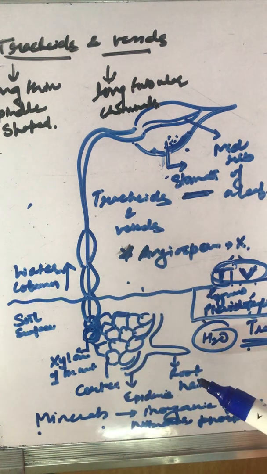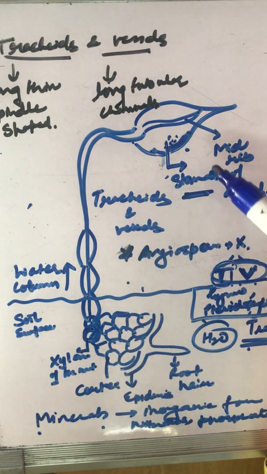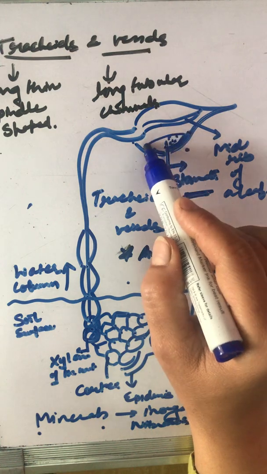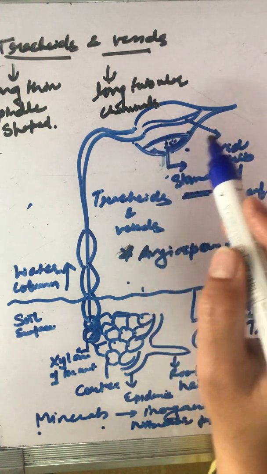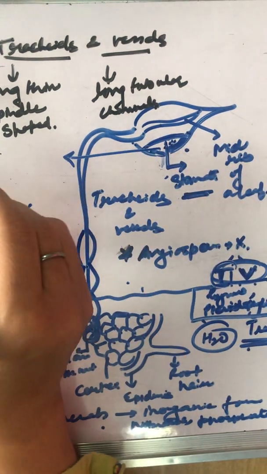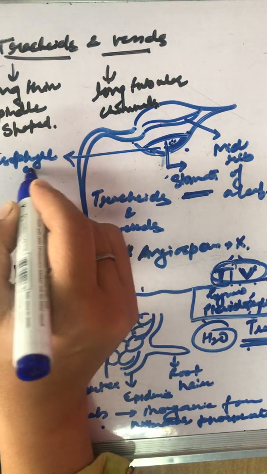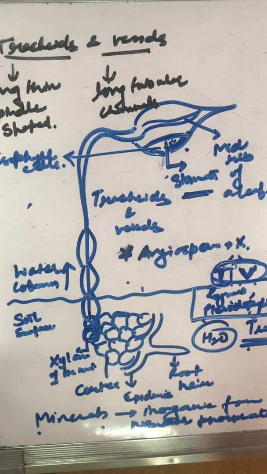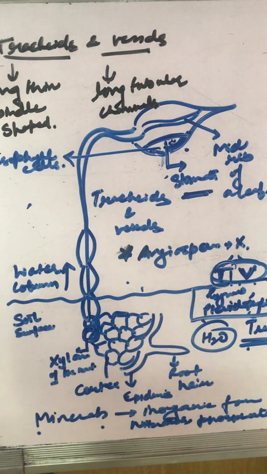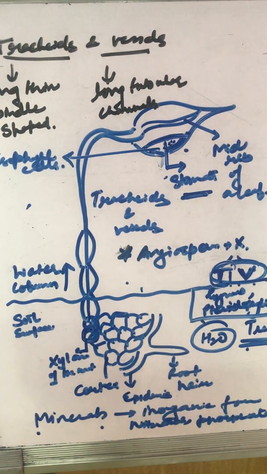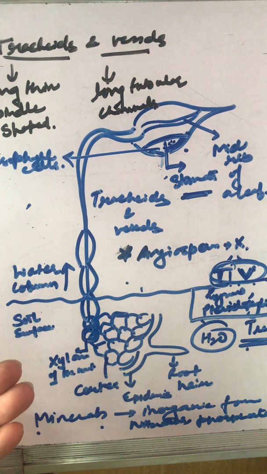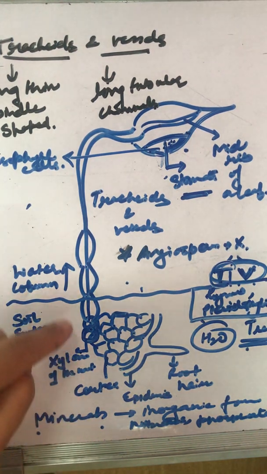Water from the xylem in the leaf moves to the mesophyll cells. What is mainly present here? Which cells are mainly responsible? These are mesophyll cells. So these are the cells which can replenish the loss of water also. But this continuous transpiration process, it creates a suction which pulls the water through the xylem vessels.